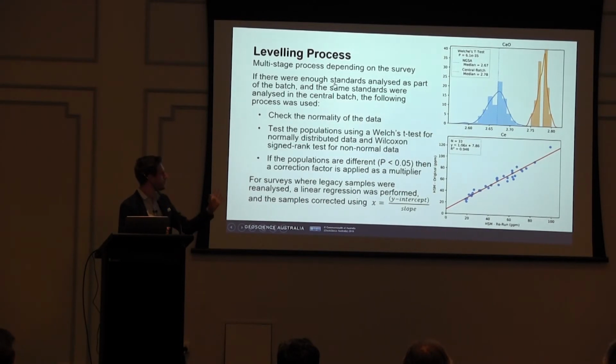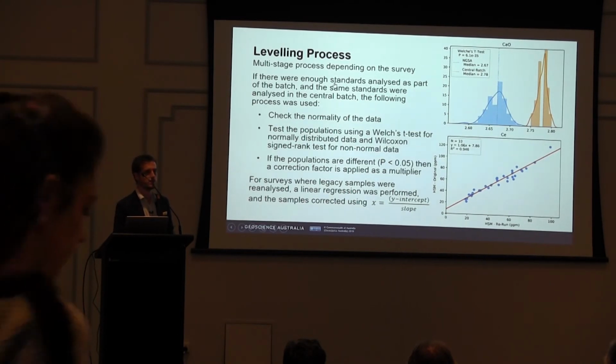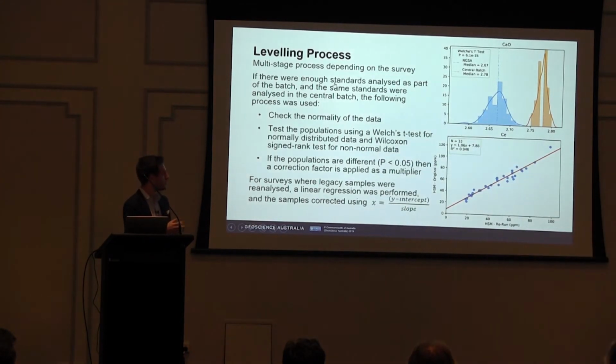So as the image on the top there, that's calcium between the NGSA in this case and the central batch that we ran. So we can see the results if we look at just the numbers, 2.67 versus 2.78%, pretty similar, about 4% difference. I bet a lot of people when looking at geochemistry wouldn't bat an eyelid at 4% difference between the results. It's not a lot. However, when we actually look at the density plots for the results, we can see they're very distinct populations that